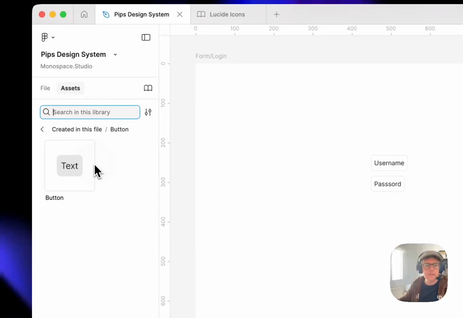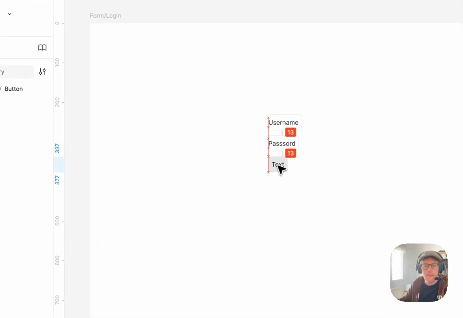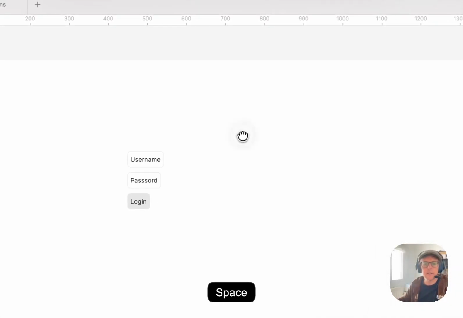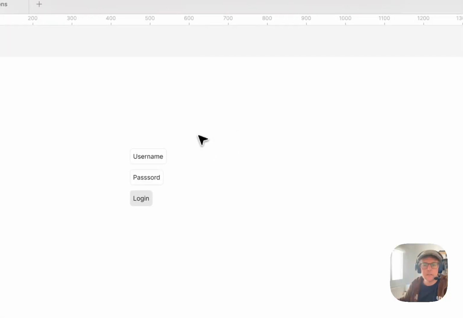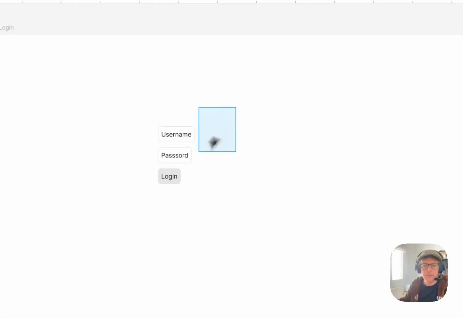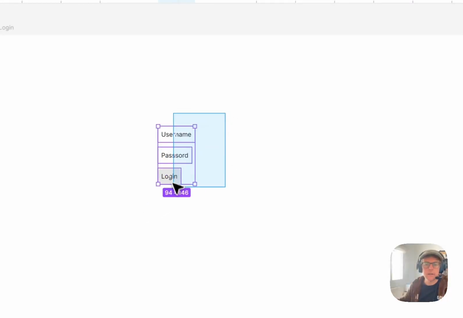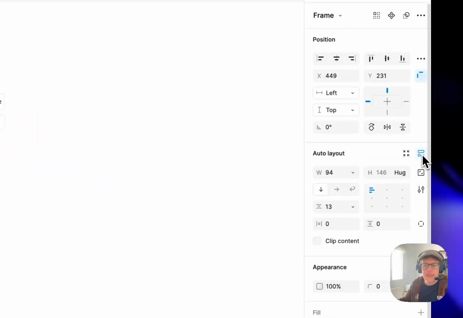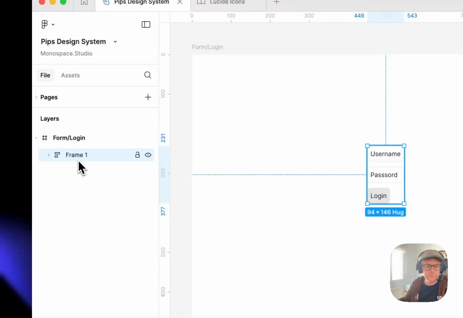So let's just do it this way. Go and grab our button. This one says login. And like I say, later on we're going to elaborate. But now we've got an interesting design system pattern to cover here, and that is responsiveness. So we have the basics here. Right now what we're going to use is auto layout to group this. Okay, so now this is grouped into